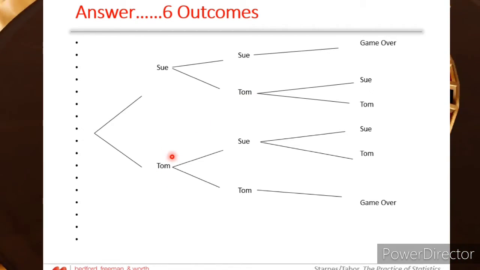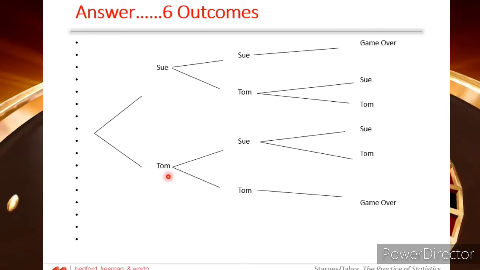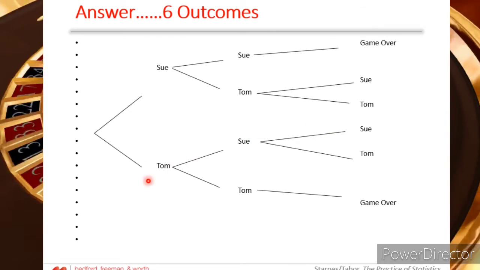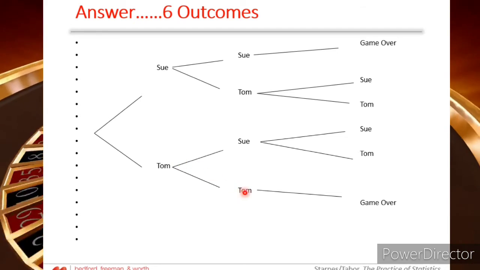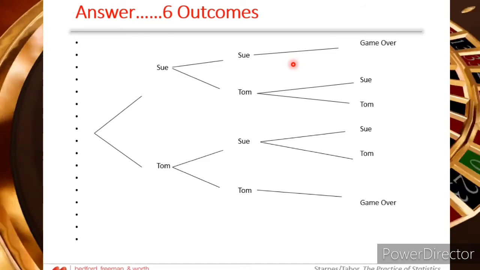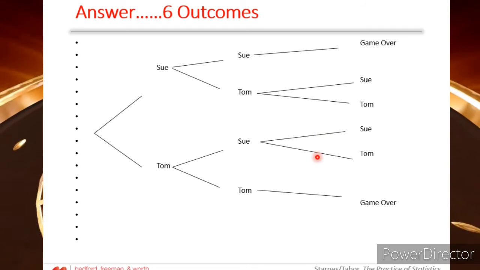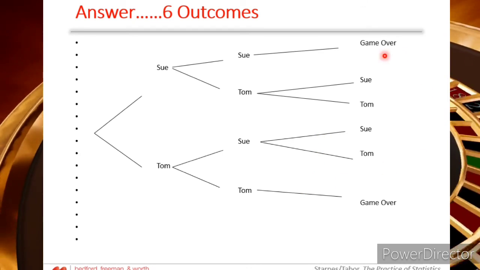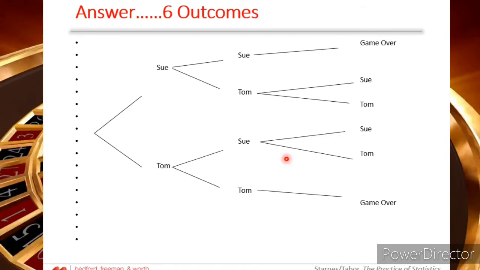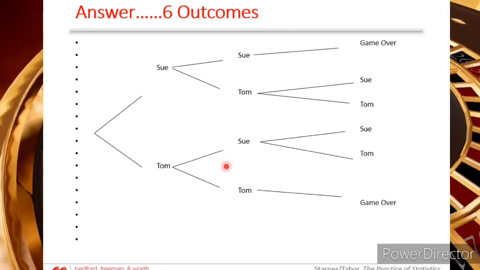Same with Tom. Kung sa unang laro nanalo si Tom, ito yung start ng game natin eh. Kung nanalo si Tom, at sa pangalawang laro ay nanalo si Sue, laro pa ulit. Pero kung si Tom, nanalo sa first game at nanalo siya ulit sa second game, then it's game over. Same with Sue. So, ilan lahat ng possible outcomes natin? We have 1, 2, 3, 4, 5, and 6 possible sample space. So, we have 6 possible outcomes. So, meron tayong 3 game or meron tayong 2 players times 3 games is equal to